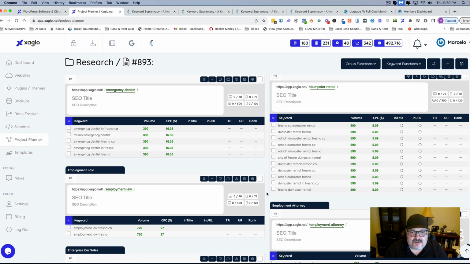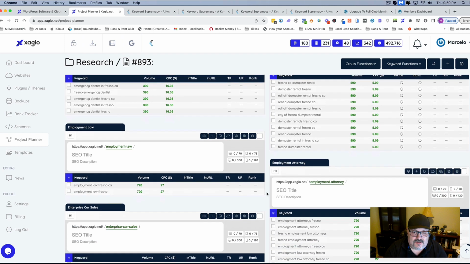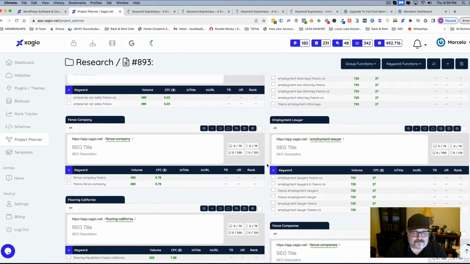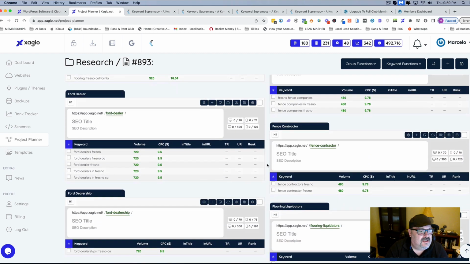We want to look for gold bars, because gold bars are like these golden niches, right? And these golden keywords. Because all these keywords are very similar, but they're also not going to be equal, because maybe some of them have a lot of end title and they're harder to rank for. So we want to find out what the end title, what the end URL is, and that's going to help you a ton. So let's see, that's rendering right there.